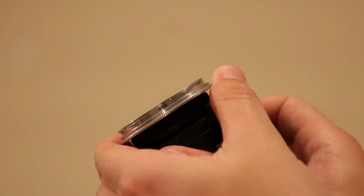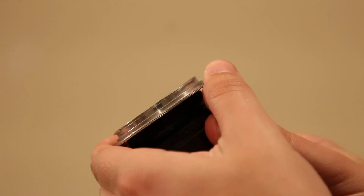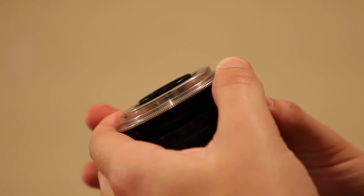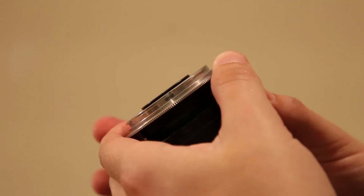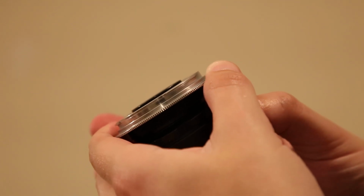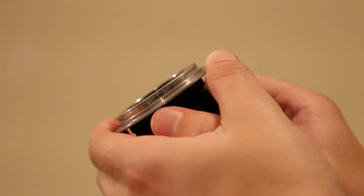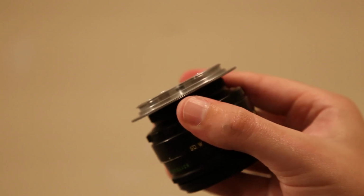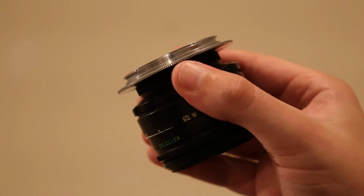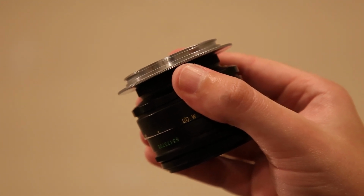Watch what happens when it focuses to infinity. See that little lip? That just barely clears the adapter? Yeah, that actually catches the mirror on full-frame cameras, at least full-frame Canon cameras with this adapter on, and means that those cameras wind up not being able to take a full picture when focused to infinity. So